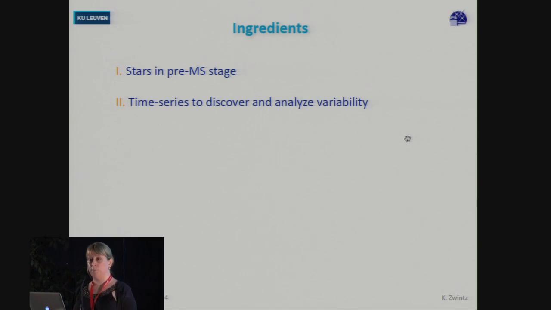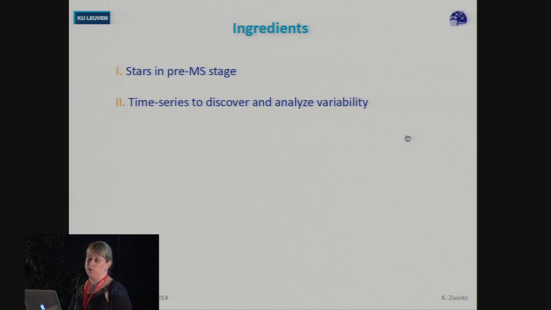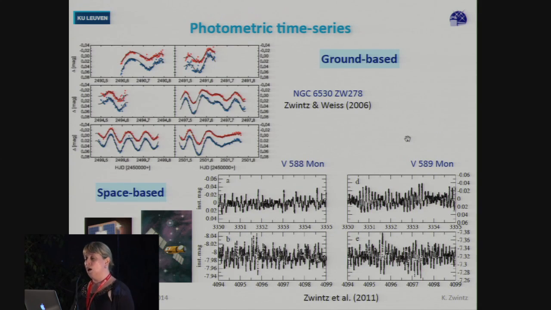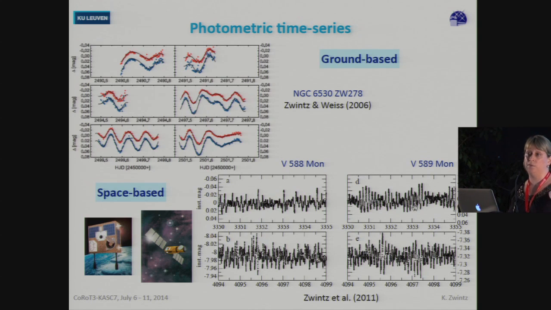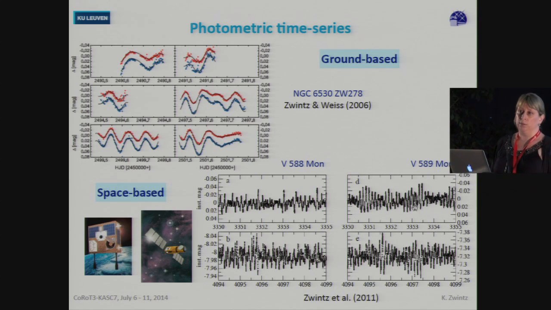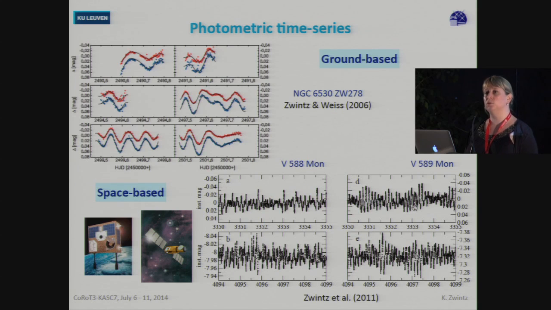Next step is you need time series to discover the pulsation. And if you discover it, then you want to spend more time on it and analyze the variability. So the first light curves were of the star that I just mentioned before. First light curves were obtained from ground, and then MOST came, and then CoRoT came. And we saw light curves like shown here. These are 5-day subsets in two observational seasons, on the left for V588 Mon, and here for V589 Mon, both members of NGC 2264. And you see it's a beautiful pulsating light curve, and you think, oh, wow, cool,